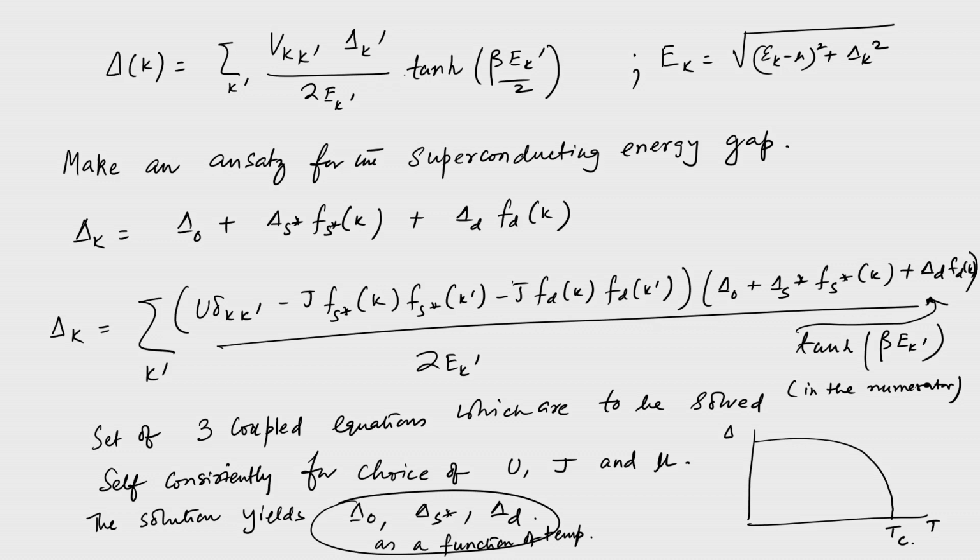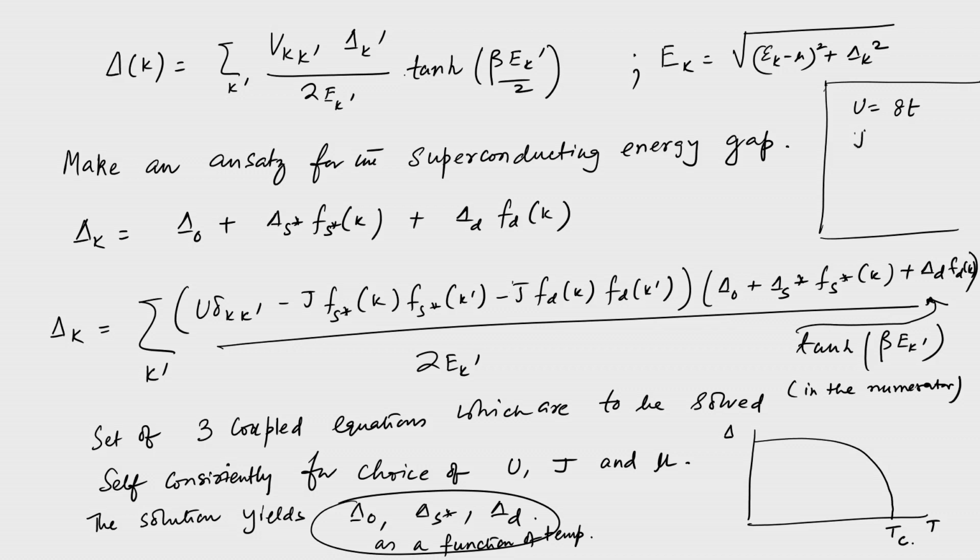and the values, as I told, that the u has a value which is large and j has a value which is basically typically much lesser than u because there is a form that we have shown is j tilde equal to j plus 4t square by u. So, one representative value of this can be shown as say u equal to twice of bandwidth. It is a square lattice, it has a bandwidth of 4t because it is 2t cos kx plus cos ky. So, it is 4t, 8t. So, if we take it to be the bandwidth, then j should be much smaller and j should be maybe a t or even lesser than t, maybe half t or something, but of the order of t,